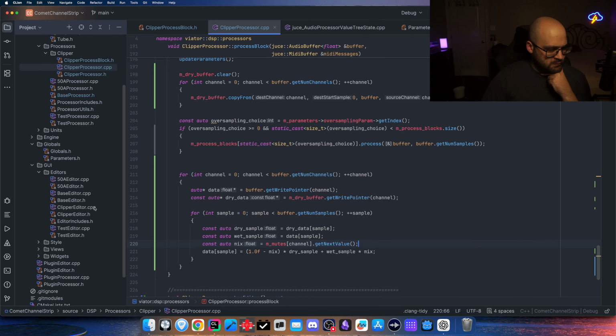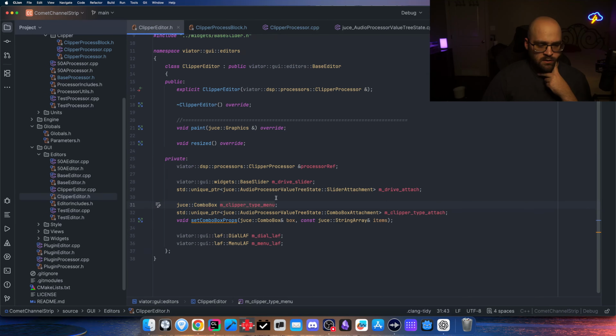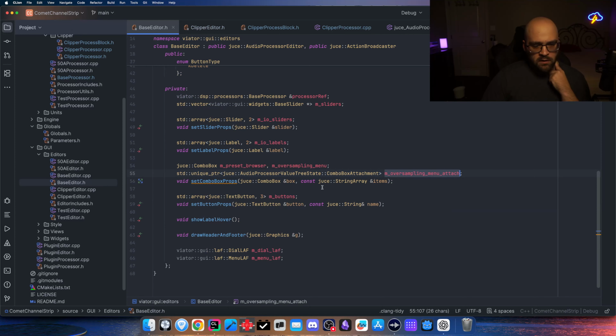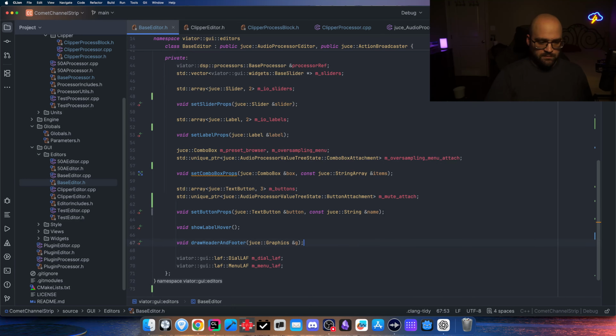So we have to go to the editor, and we're gonna need, let's see, base editor. Actually, we need to do a button attachment. We don't have any button attachments. Okay. This is gonna be a button attachment, and this is gonna be mute attach. So we're gonna say